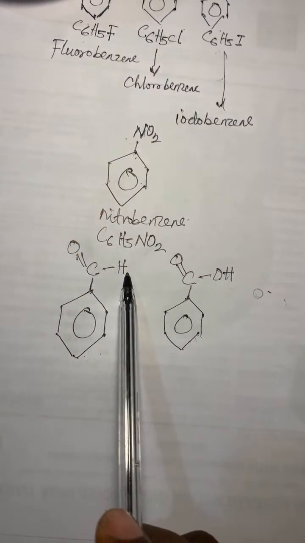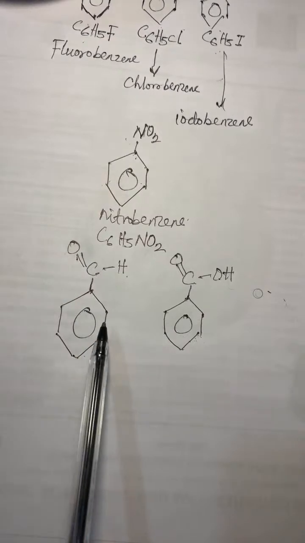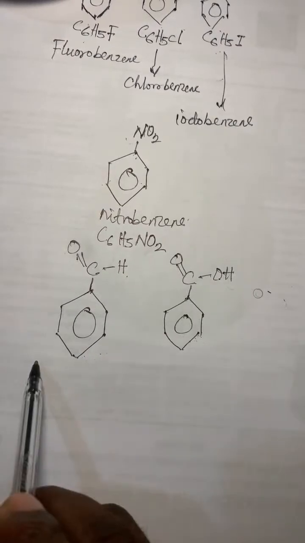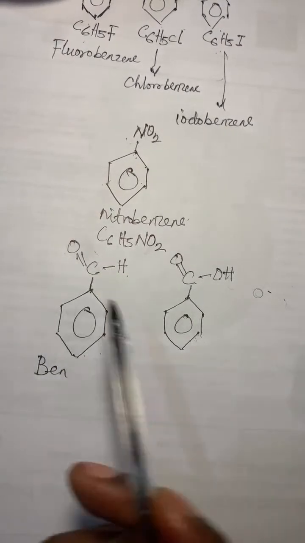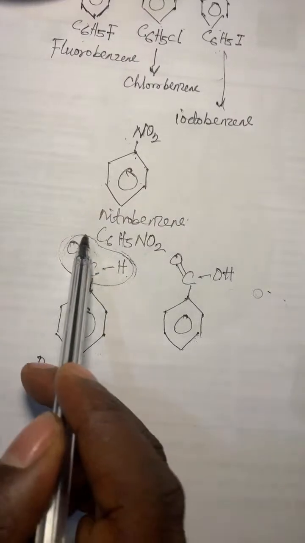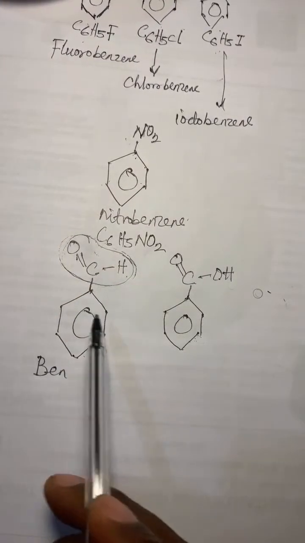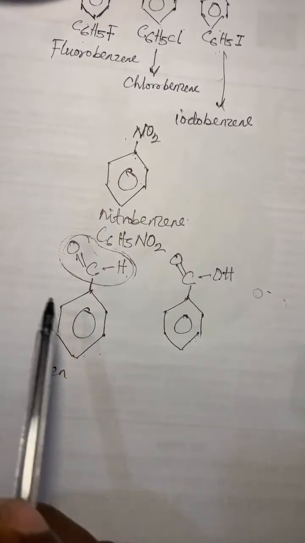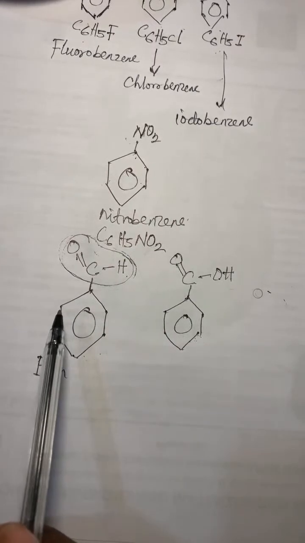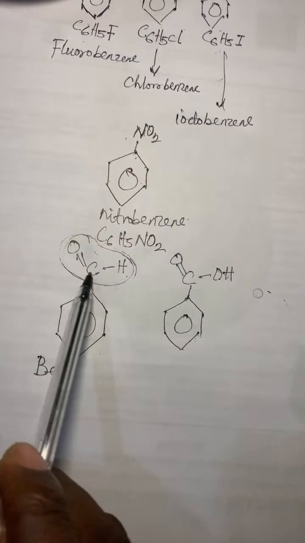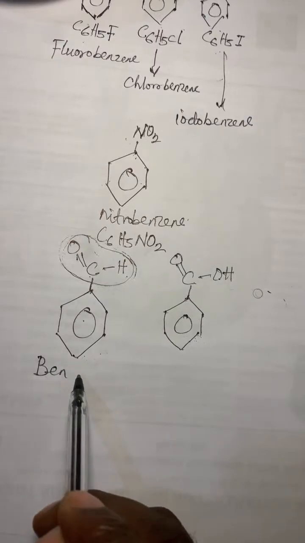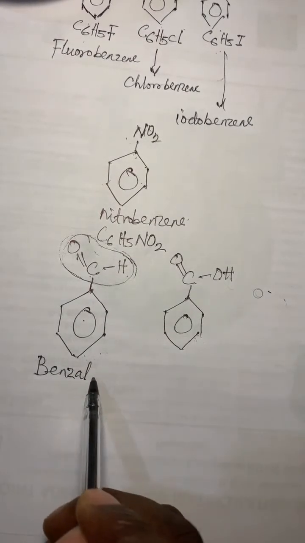This one that just has H and is double bonded with O, there's no special name given to it other than benzaldehyde. Why is it so? This is an aldehyde functional group. Have you heard of the aldehyde functional group? Ketone, carboxylic acid, alcohol, ester, ether, and the rest. All those functional groups, have you heard of them? That one we call the aldehyde. So aldehyde is this particular functional group, and when it is attached to the benzene ring, it is called benzaldehyde. Benzaldehyde.